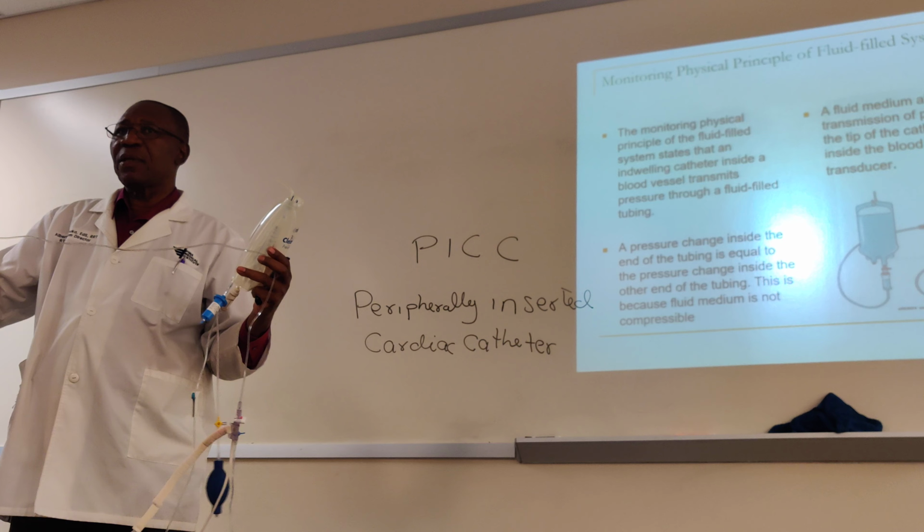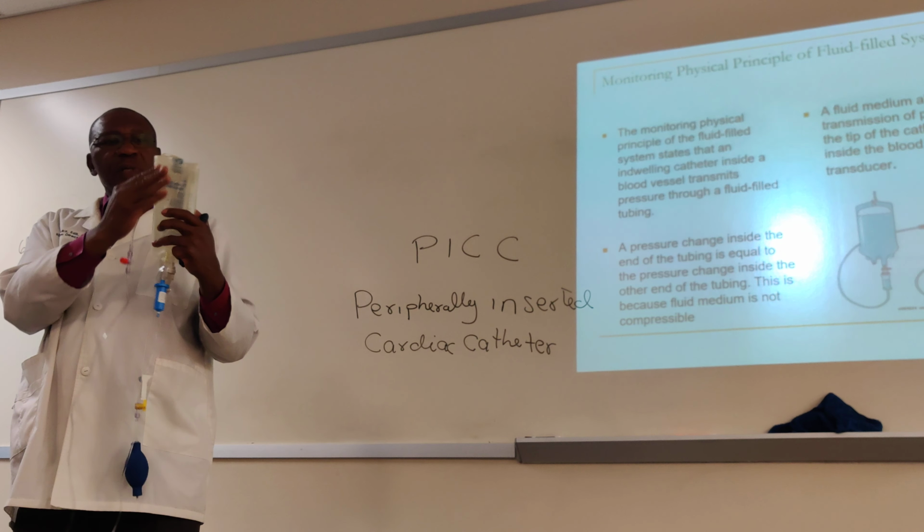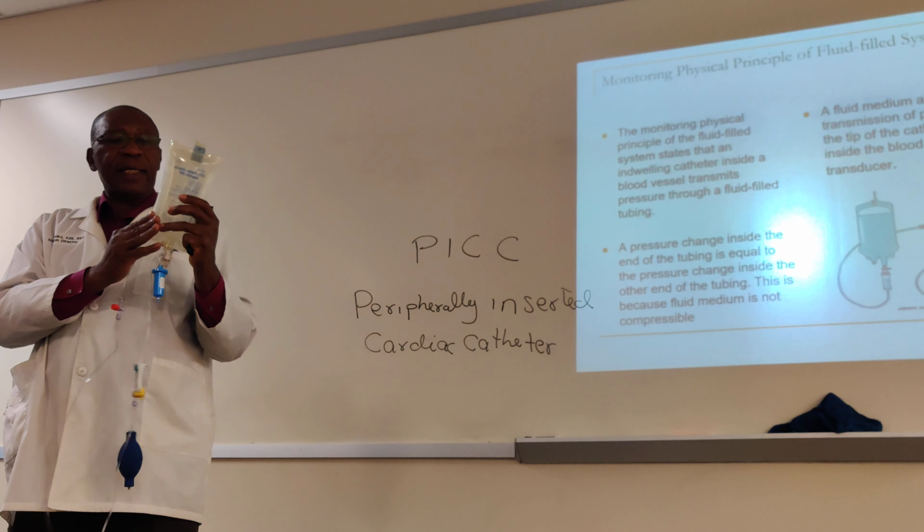And then the electrical signal or the physiological signal that is being sensed by the tip of the catheter inside the blood vessel is then transmitted upwards, because you're going to have normal saline in here. Okay, that's normal saline. You're going to hang it here, and then it runs all the way down here. So that signal goes through the water or the normal saline up the hill, and then goes to the monitor. Okay,